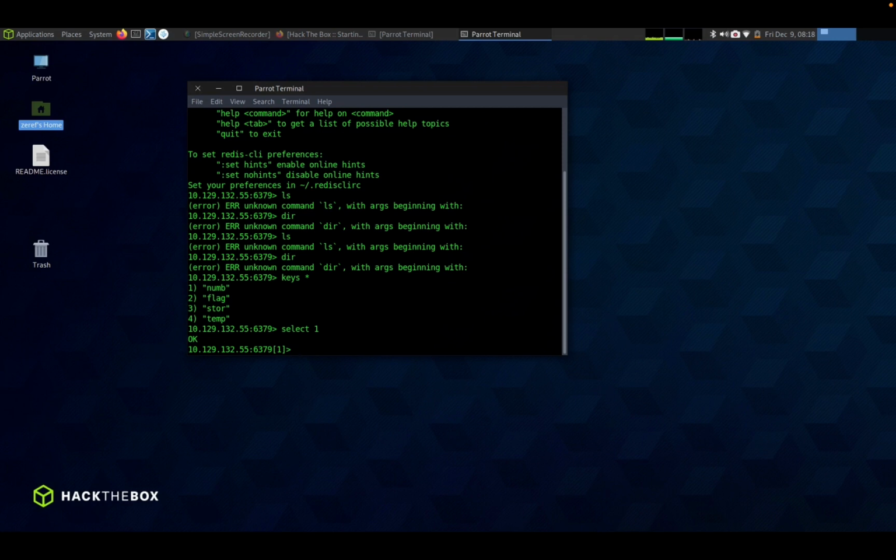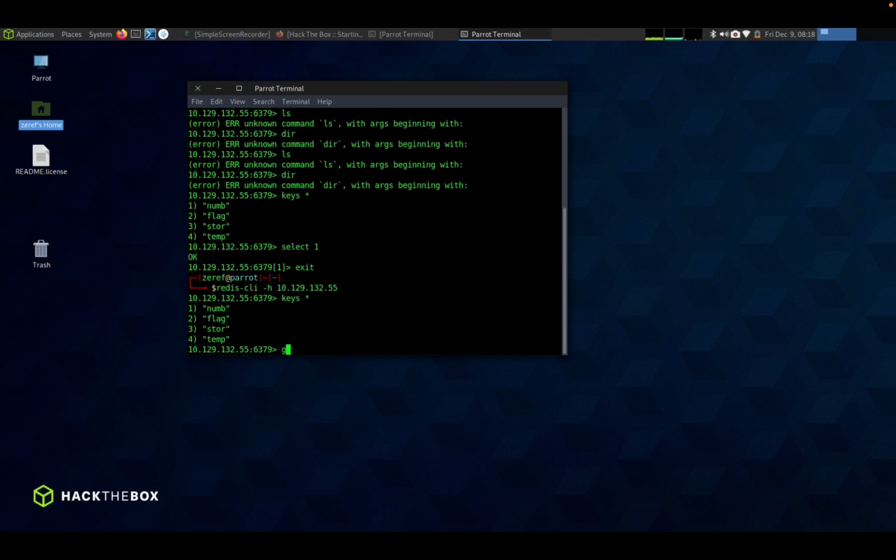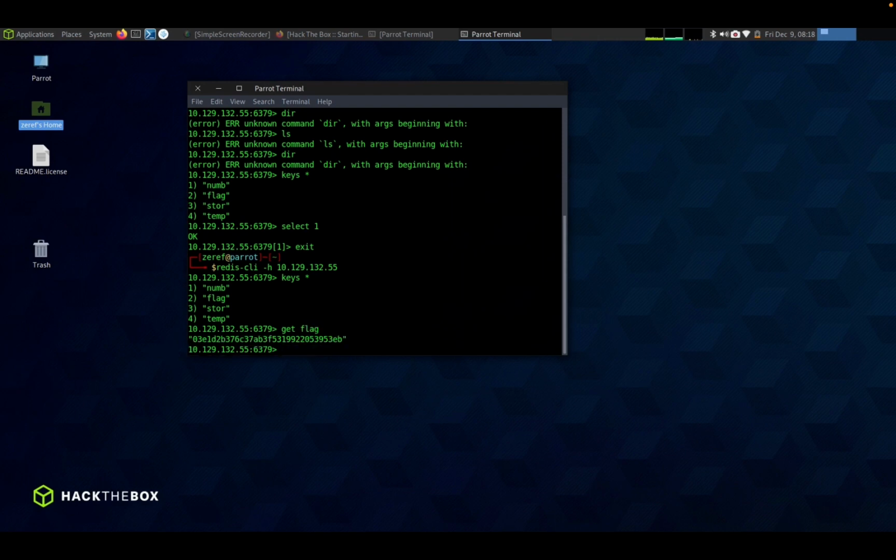So we can see that there are 4 there, and then if we select 1, now we are at index 1. Alrighty, now we can use get and then the flag, which would be index 2, and we can copy this flag, copy,